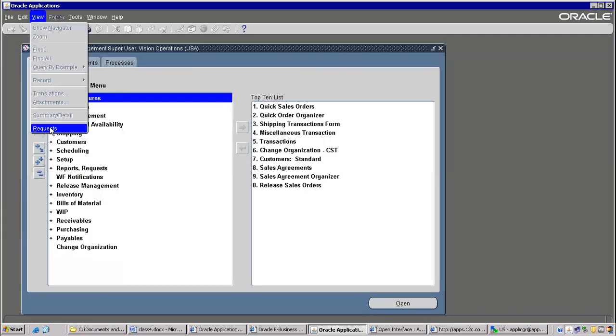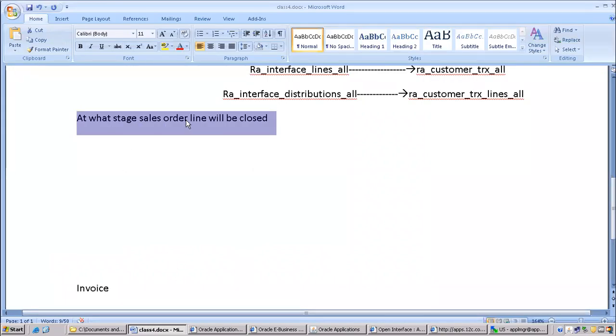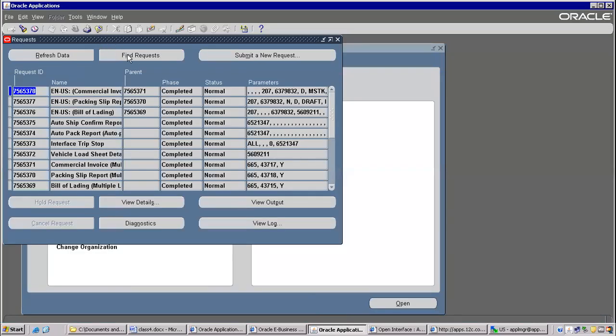If you see, all the programs are successfully completed. Now, what we are discussing right now is at what stage the sales order line will be closed. So as of now, if you see the sales order line level status,